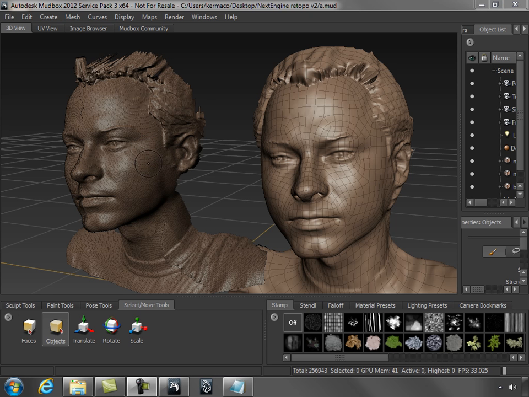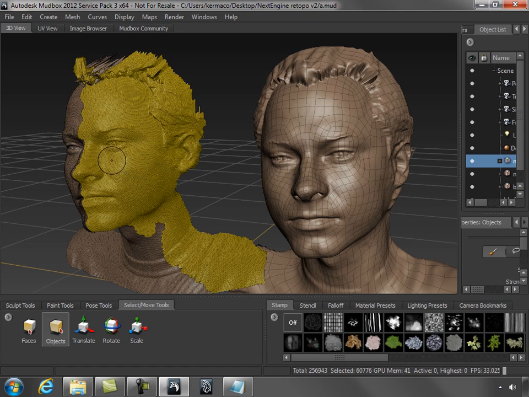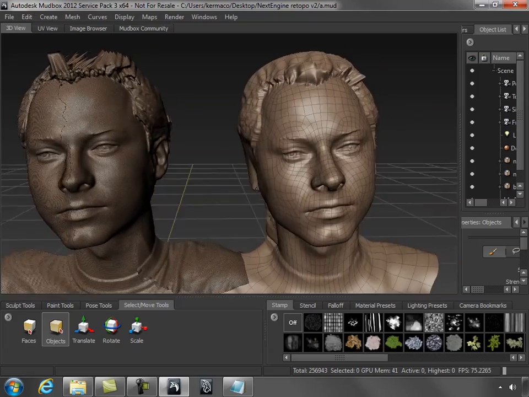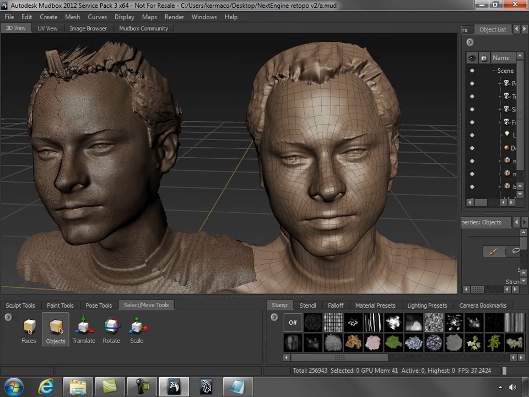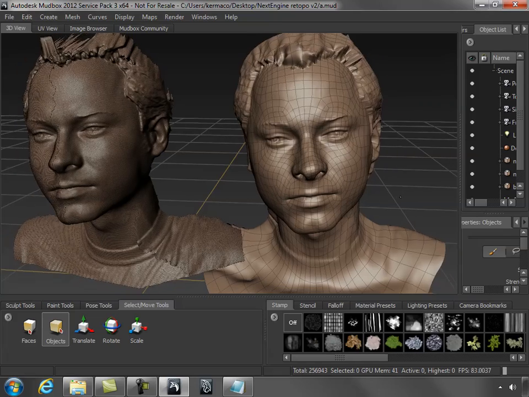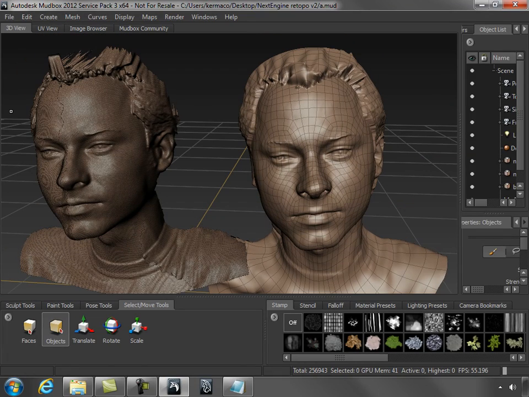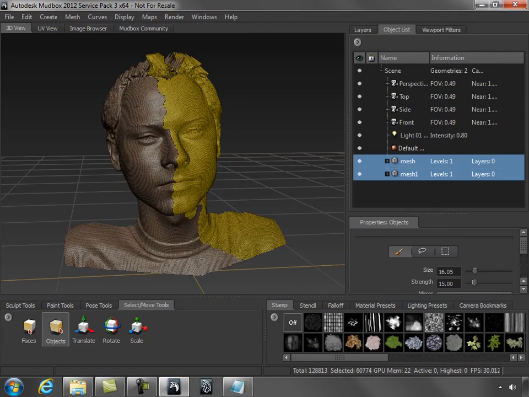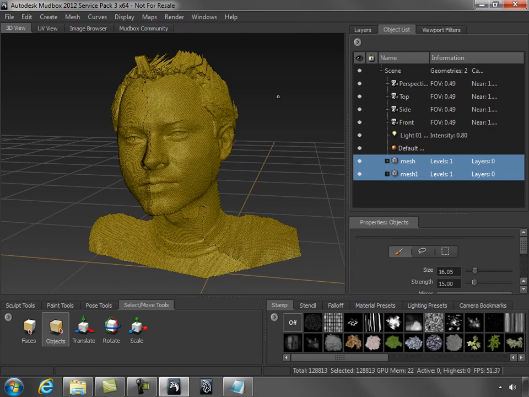What we will do in the next few minutes is take data that was scanned with the NextEngine 3D scanner, and as you can see here, we've scanned the left and the right side of the face, and take this messy scan data and convert it into topology that can be sculpted, animated, and painted. So let's get started. The first step is to import the two OBJ files that were produced by the NextEngine